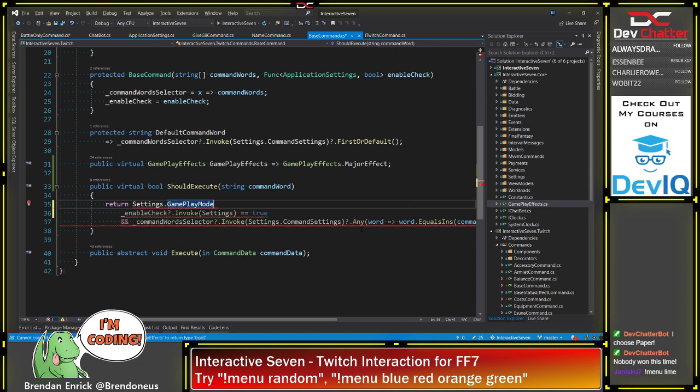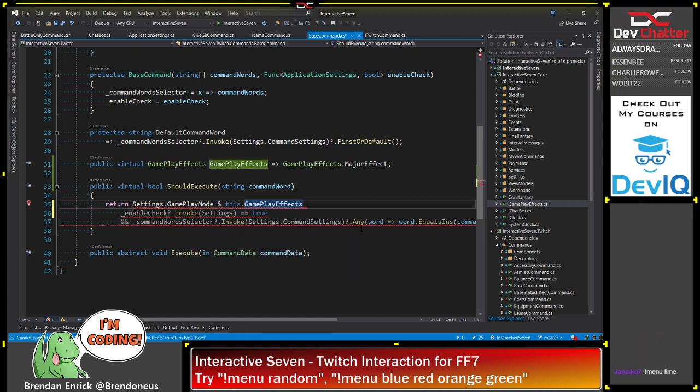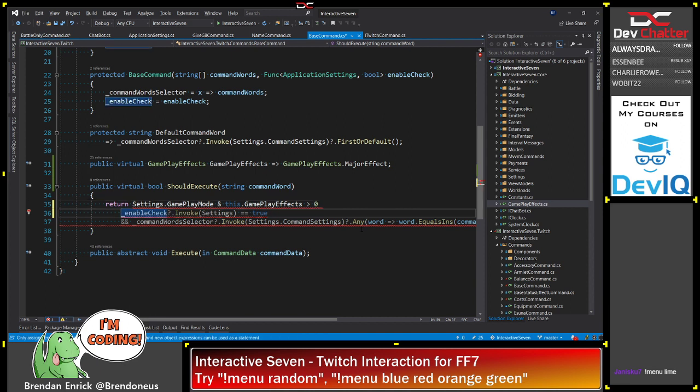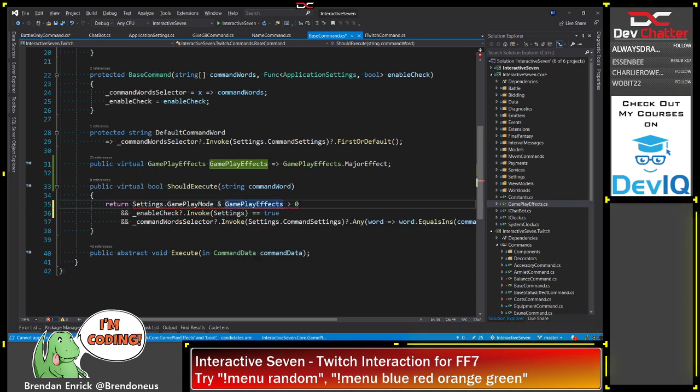Gameplay mode. Start gameplay effects. Cannot apply. Oh, did I leave that as a boolean or something? Oh, wait, hang on. No, I need to parens that, I bet. Yep, okay, that's why order of operations was getting us there. Alright,